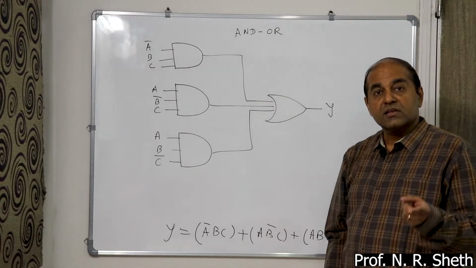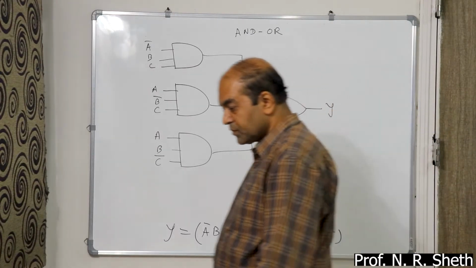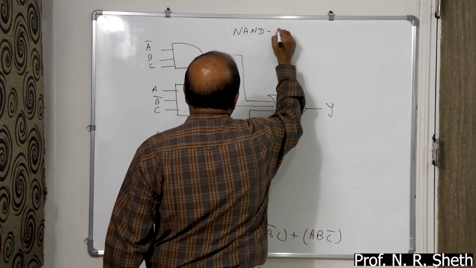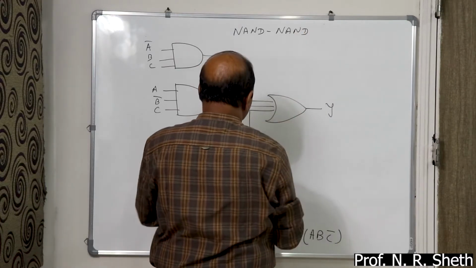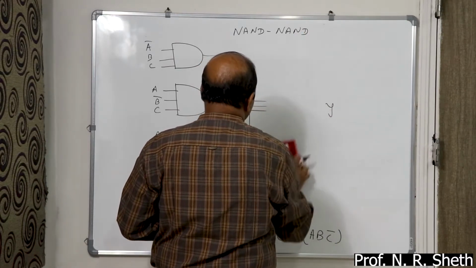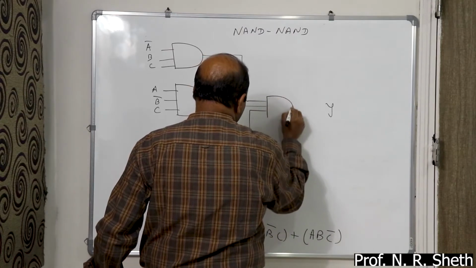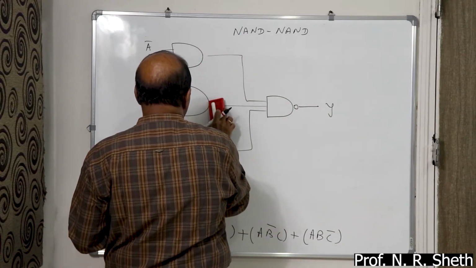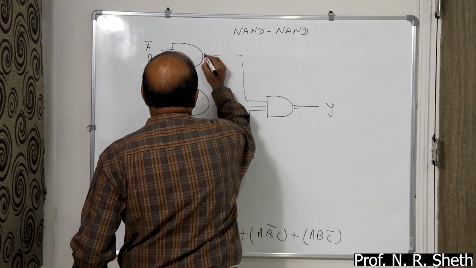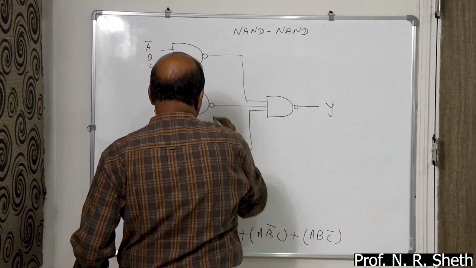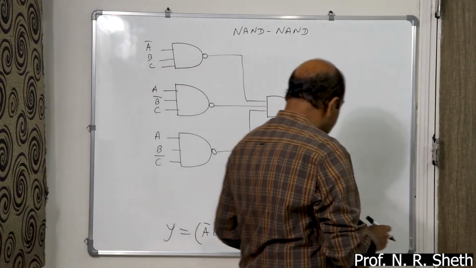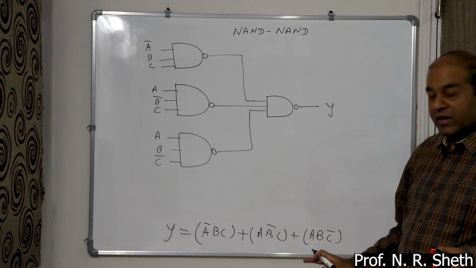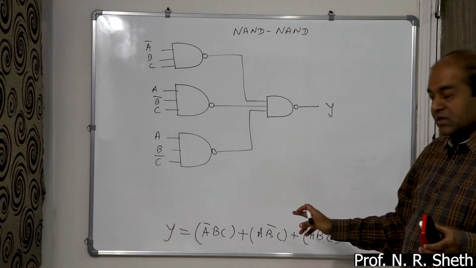This circuit is replaced by NAND. This circuit is your NAND circuit for the sum of product equation y equals A bar BC plus